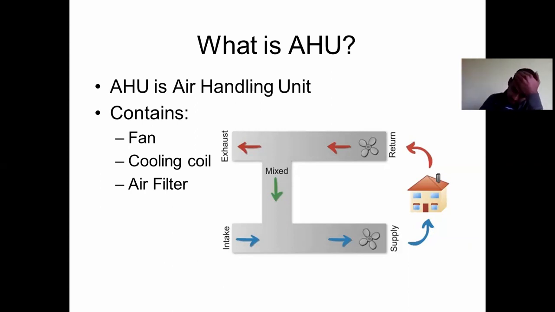Okay, and write this definition of AHU. It is an HVAC equipment used for space cooling or space heating. Both you can use. In the summer season, if you need cooling, you can give cooling. In the winter season, if you want heating, you can give heating also. So you'll be having a cooling coil as well as a heating coil. Understood? So it is an HVAC equipment used for space cooling or space heating.